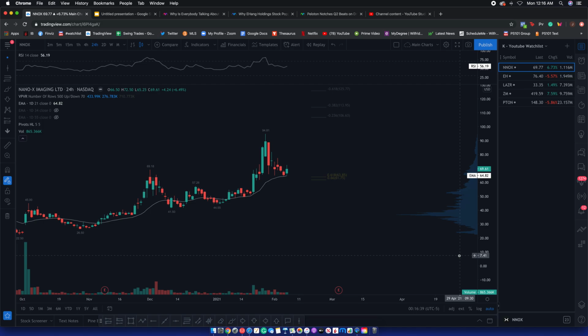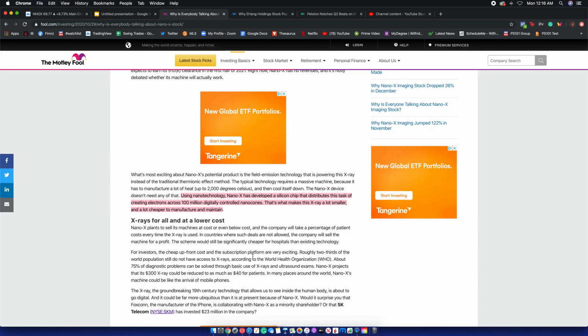So without further ado, let's get right into it, starting with Nnox, Nano-X Imaging. This is a new X-ray company, and I know it's kind of weird thinking about X-rays, but it's a more exciting and eccentric way of taking X-ray photos. Using nanotechnology, Nano-X has developed a silicon chip that distributes the task of creating electrons across 100 million digitally controlled nanocones. Essentially, from my understanding, it's a very efficient way of producing an